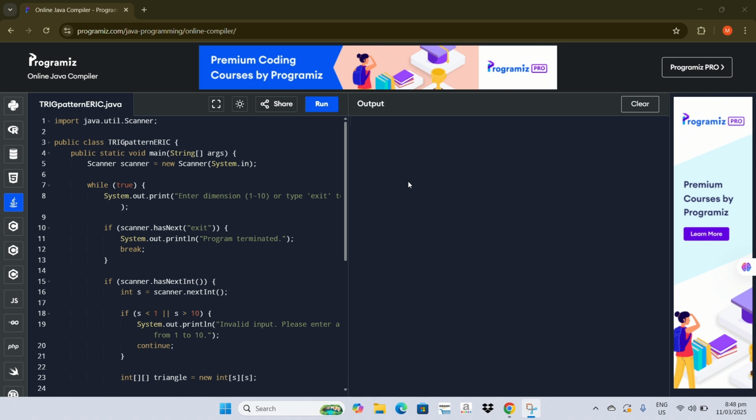I'm from Bachelor of Science in Computer Science 1A, and I was tasked to write a program which prompts the user to enter a number between 1 and 10. Then the program should generate and display a right angle triangle pattern of ones with the specified number of rows using 2D arrays. Then the program should continue prompting until the user enters exit,